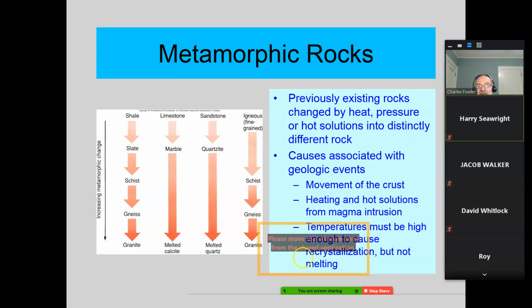And finally, we had even an igneous rock going into a metamorphic rock that looks a lot like a metamorphic rock that came from another metamorphic rock, which came from a sedimentary rock. But this became a schist, became another metamorphic rock, and then melted and went back to being igneous. Okay, so yeah, any rock that has undergone pressure, temperature, time, Harry hit it right on the nose to become,